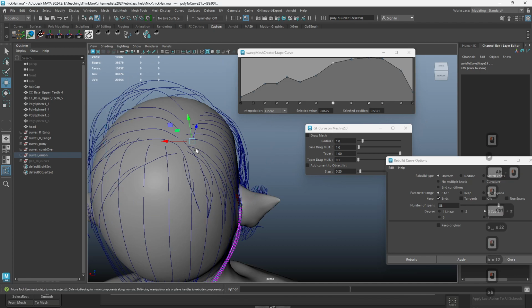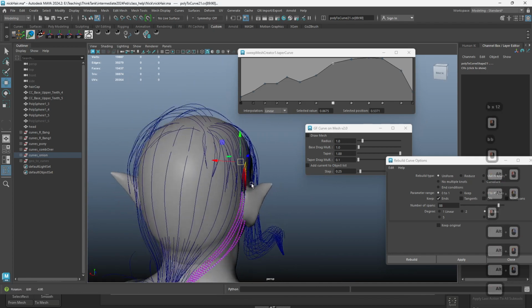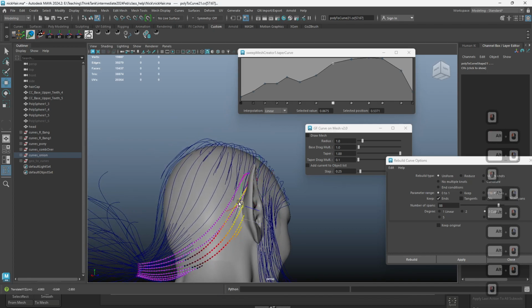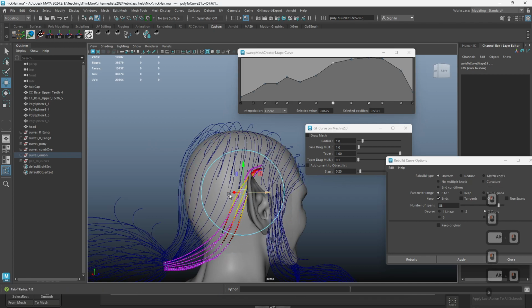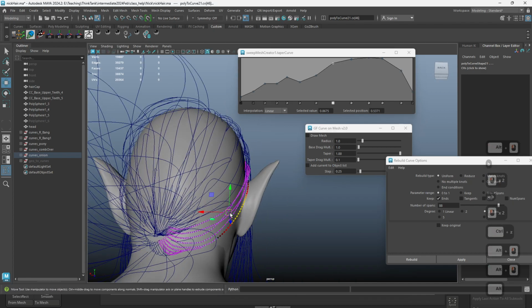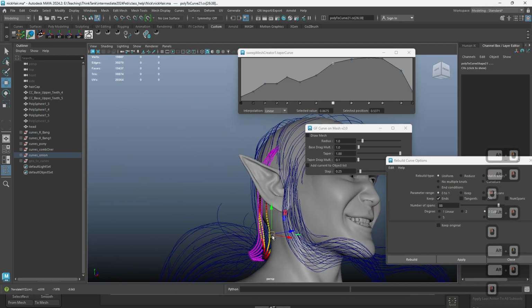Whoops. Holding the B and making sure that we're not crashing with the ear. Here we might want to come out, move it out, move this out,